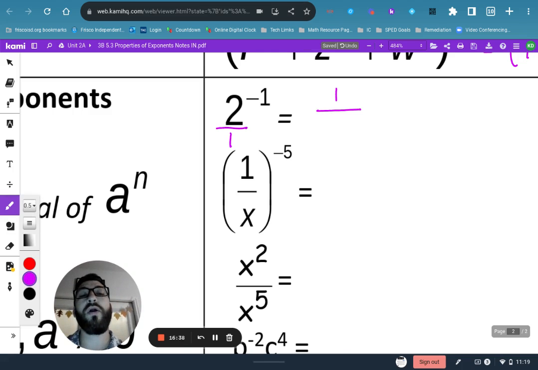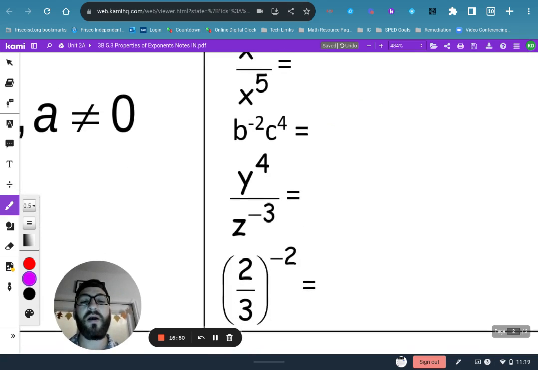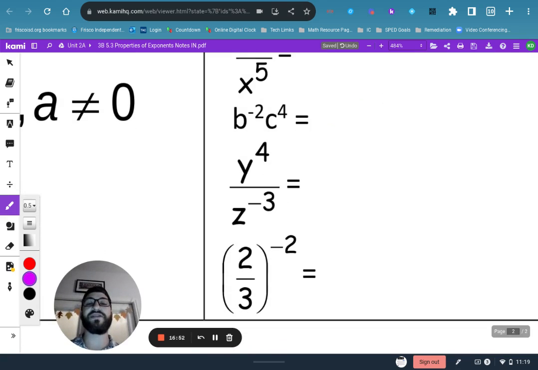So it'll become 1 over 2 to the first, which is really just 1/2. Okay, as another example, I have y to the 4th over z to the negative 3rd. So y to the 4th is positive, so it's going to stay exactly where it is. Z to the negative 3rd, though, that's negative, so it needs to move from the bottom of the fraction up to the top. So this is going to become y to the 4th,